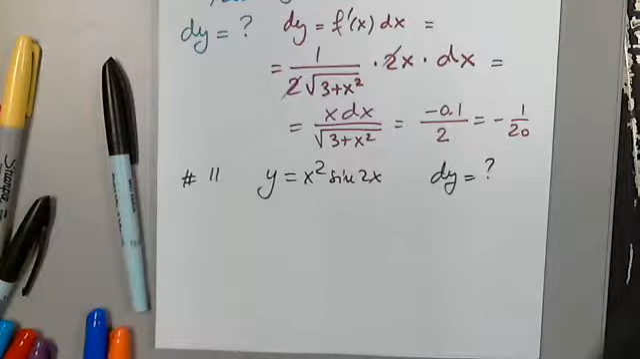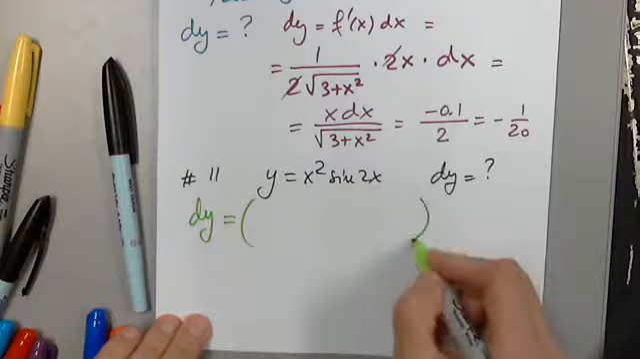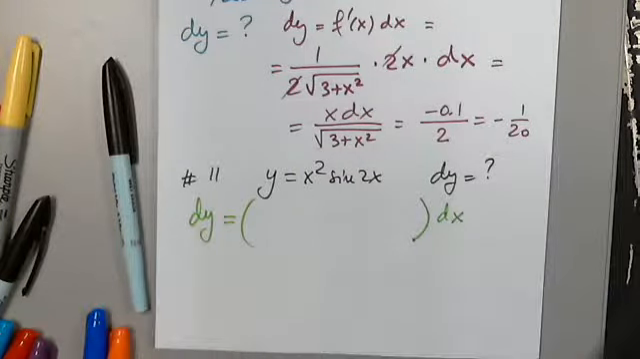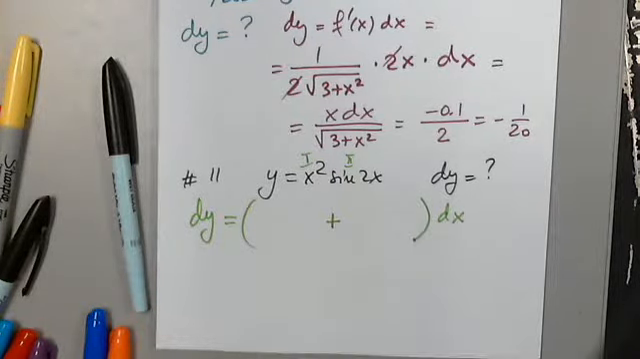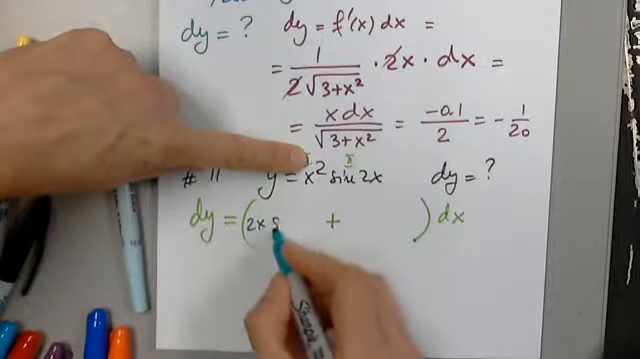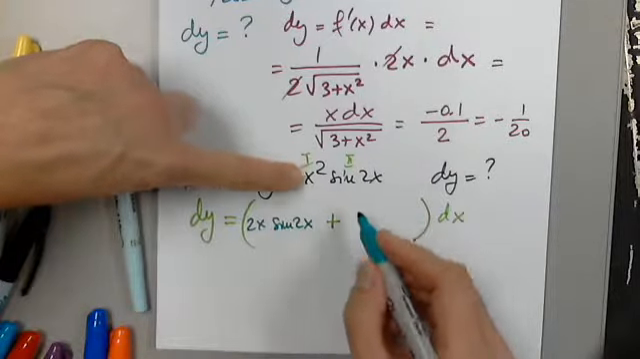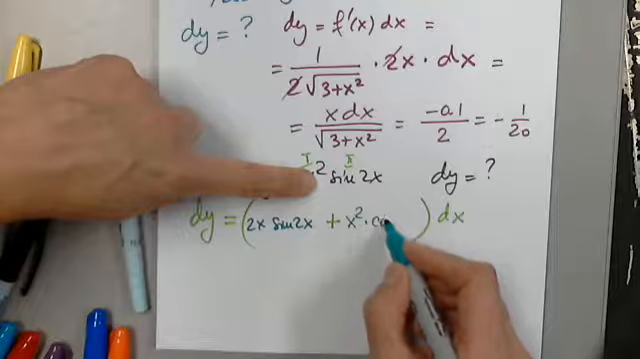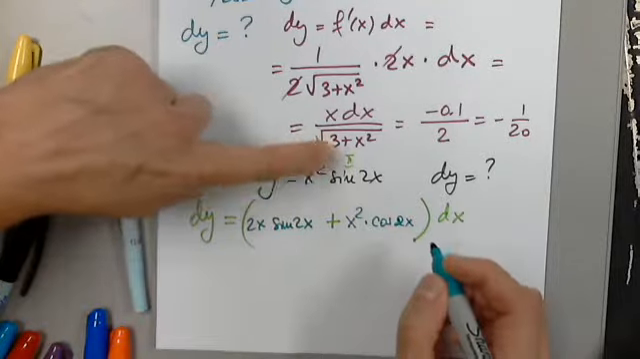So, dy will be, can anyone dictate? And in order not to forget this important piece, since it is a product, I have to be careful, and it has to be a sum. And I can't forget dx, because the differential means f prime of x dx. Okay, perfect. So I differentiate this, and I get 2x sine 2x plus x squared times cosine 2x times the inner function prime, which is